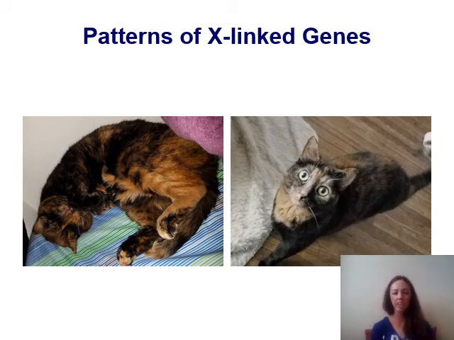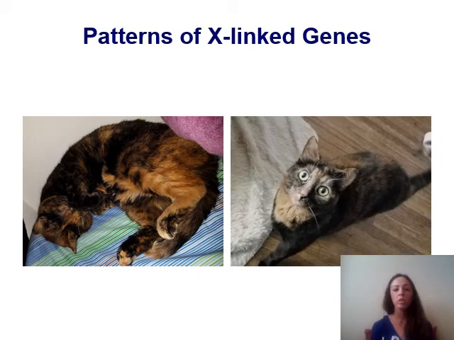So this here is my cat Carmel, and she is a tortoiseshell cat. And tortoiseshell cats are walking genetic lessons. The genes for fur color in cats are found on the X chromosome. Each female has 2 X chromosomes per cell, but only 1 X chromosome can be active at any one time. The other one shrivels up into something called a bar body. The gene for fur color on the active X chromosome will show on the hair that is growing from that